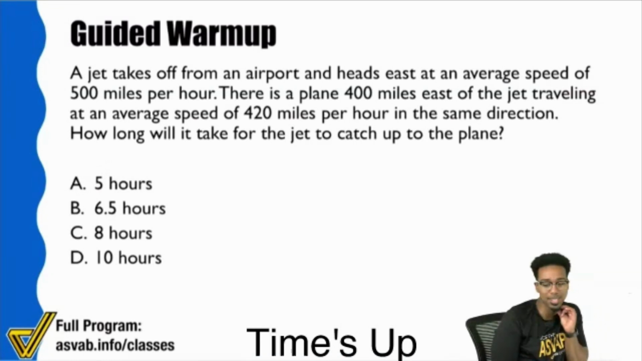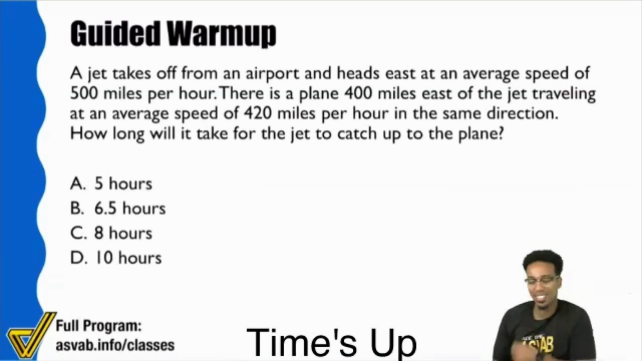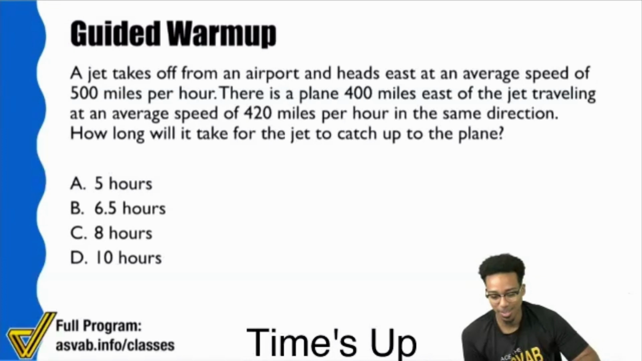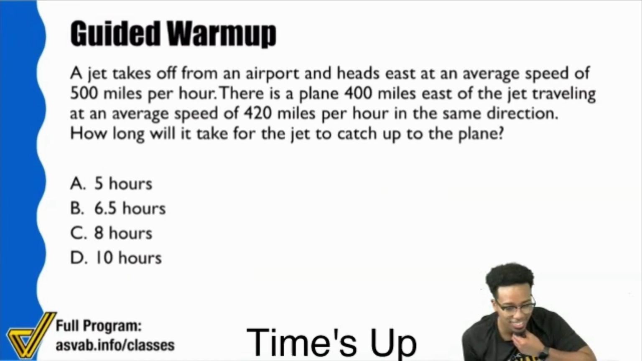Time's up. Go ahead, show me. What do we have? Come on. Since both are going east here, we have two rates, and this will be 500 minus 400 equals 100. And you have,